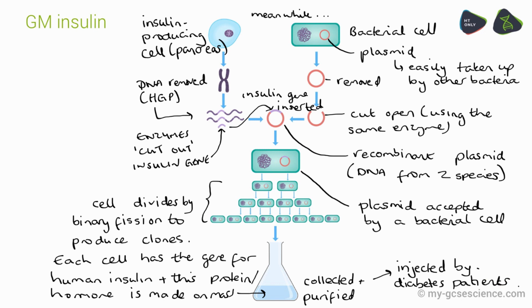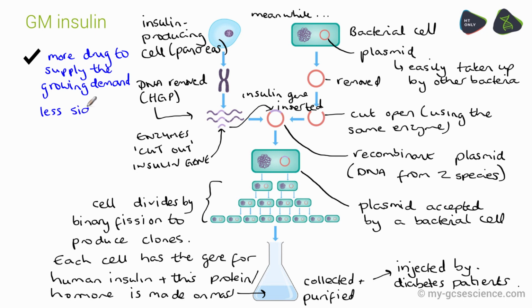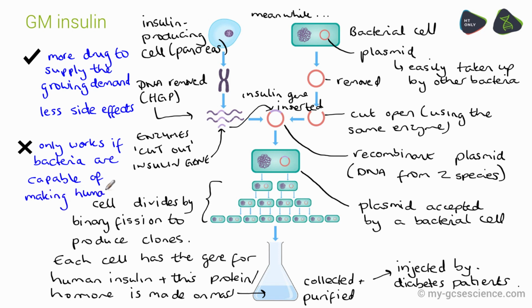As diabetes is on the rise, an advantage of genetically modifying bacteria in this way allows more drug to be made to meet the growing demands. Previously, insulin was extracted from the pancreas of pigs, which often led to side effects which genetically modified bacteria has overcome. However, as each protein is made of amino acids, bacteria, being simple creatures, do not have the means to make all human proteins. I also wanted to briefly refer to the plasmid as a vector,